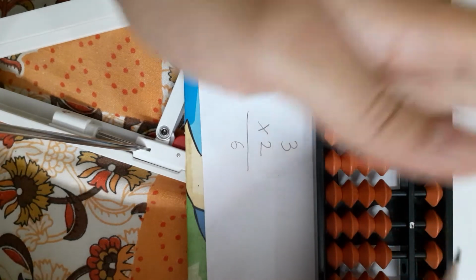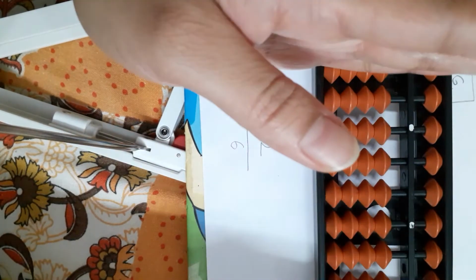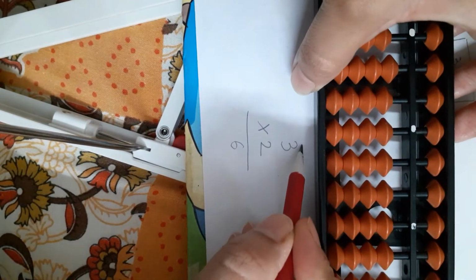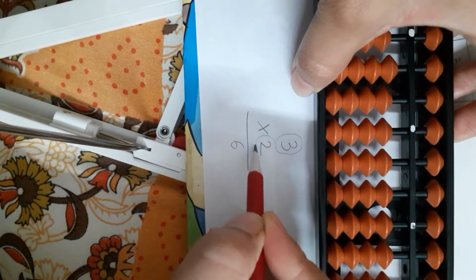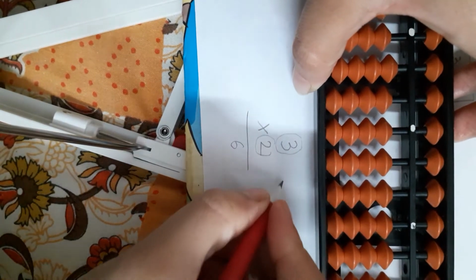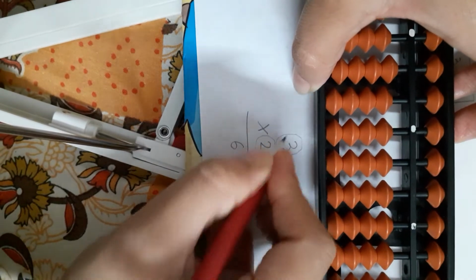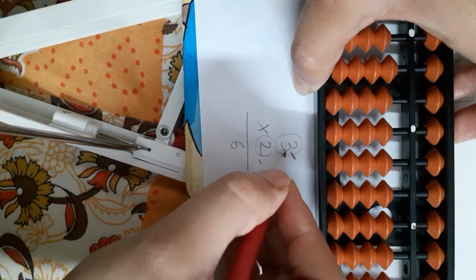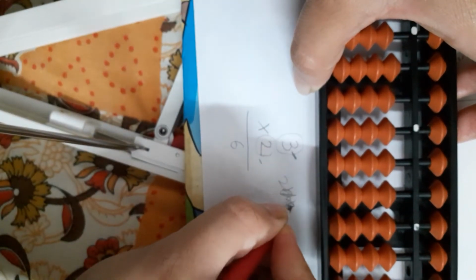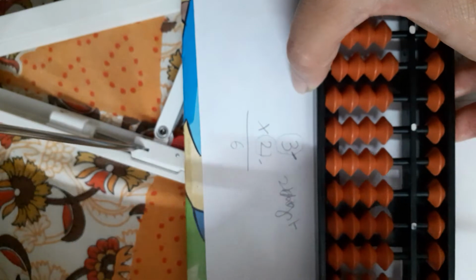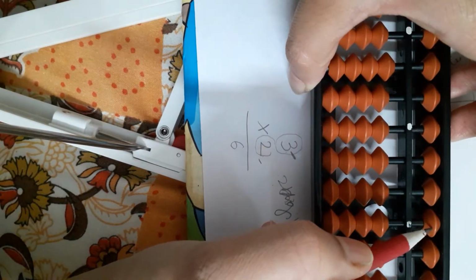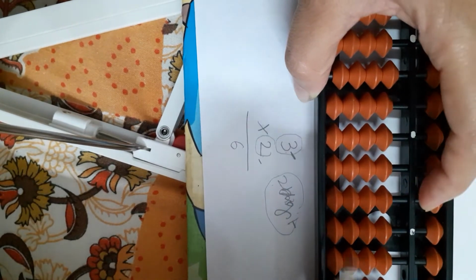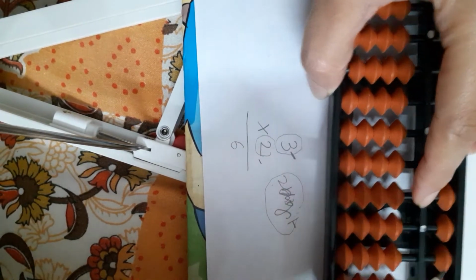The first point is from where to start. We'll start from left to right, right? And the place we need to start, we need to take the number of digits. 3 and 2 is 2 digits. Here I'll consider not one number, we'll take in total how many digits, 1 and 2, that is 2 digits. So we'll start from the second place, since the number of digits is 2.